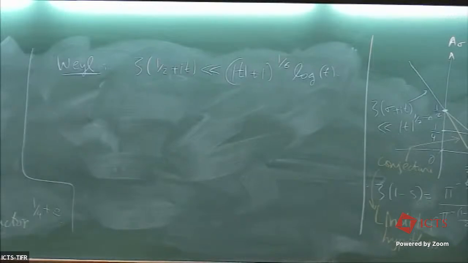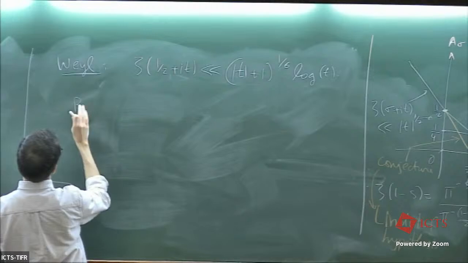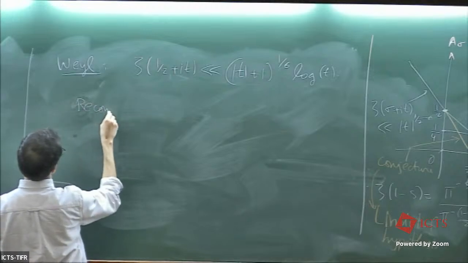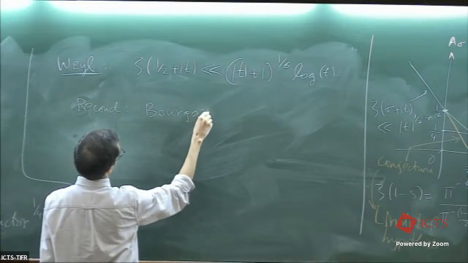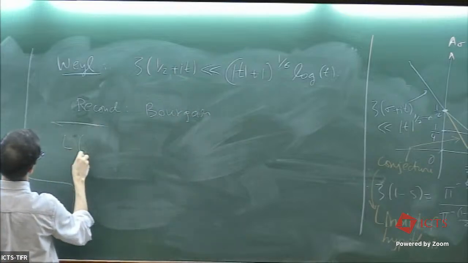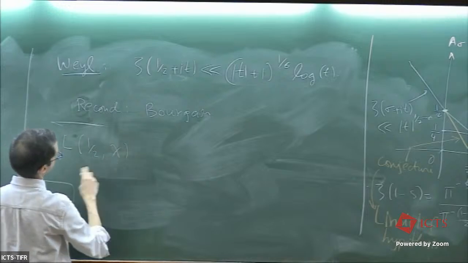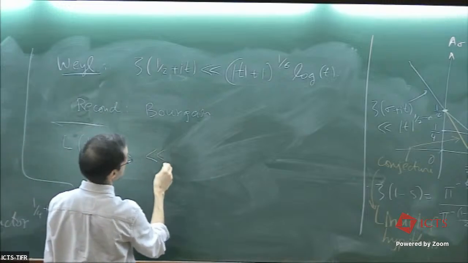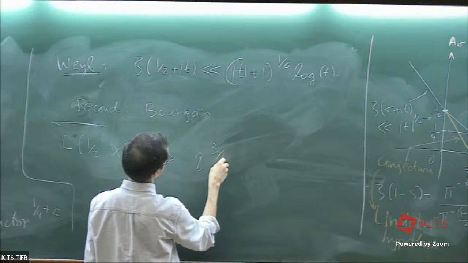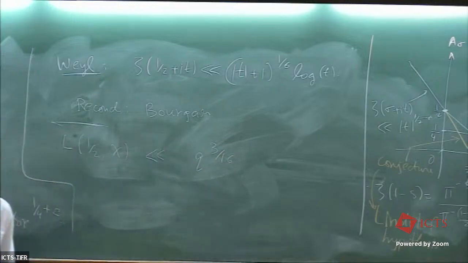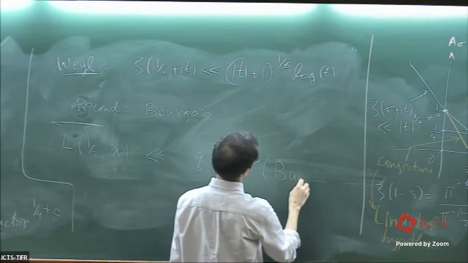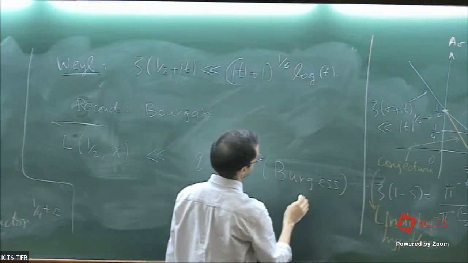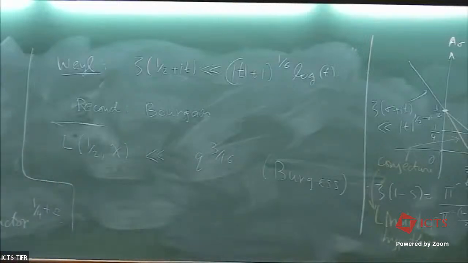The best known is now because of Guth and Maynard. So the record so far is by them. And for L(1/2, chi), the first thing was by Burgess, which is q to the 3/16. It's less than 4/16, which is 1/4. This is referred to as a Burgess type bound. And the best known is now